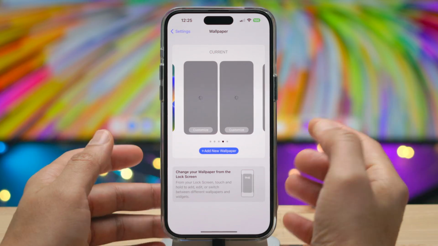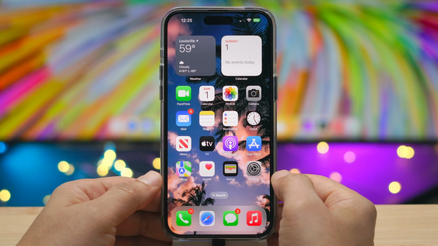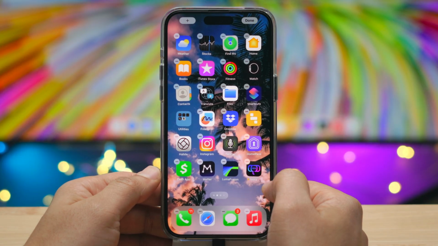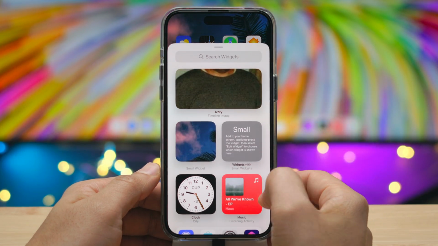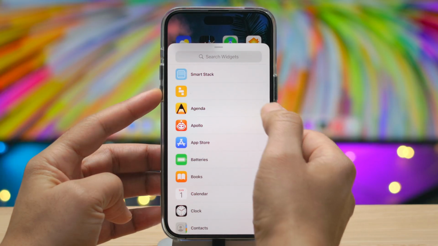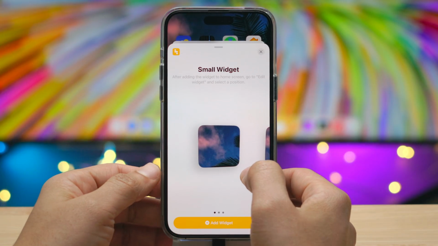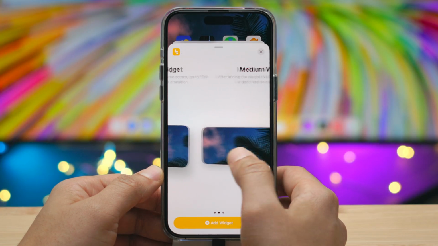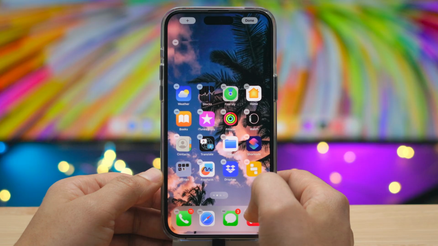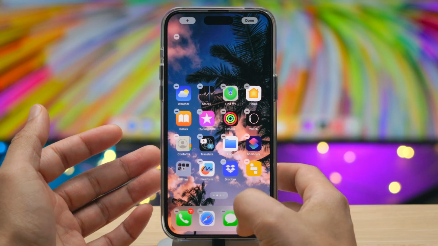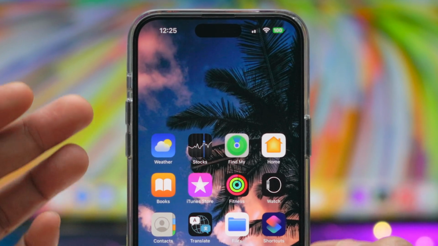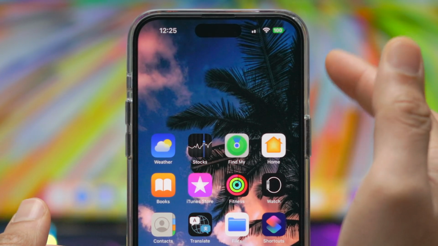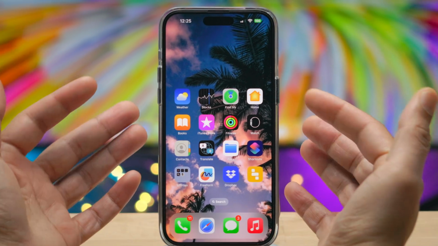So I'm going to unblur that wallpaper. So now we have the background wallpaper. So when I add a widget, it's basically going to mirror the background. So it's going to make it seem as if there's a blank spot there. So I go in and you can see already the small, the medium, and large widgets use the same image as the wallpaper. So when I place the medium widget on my home screen, guess what? It looks like a blank spot when I exit edit mode because that widget mirrors that exact wallpaper in that